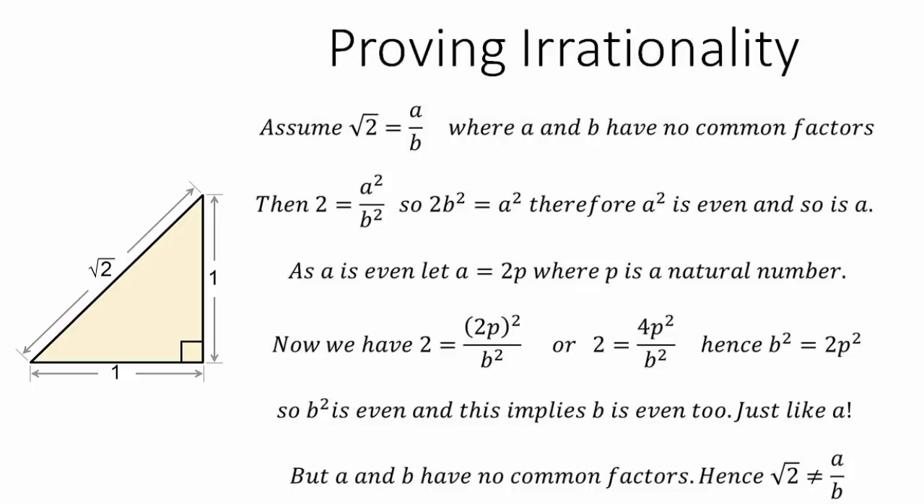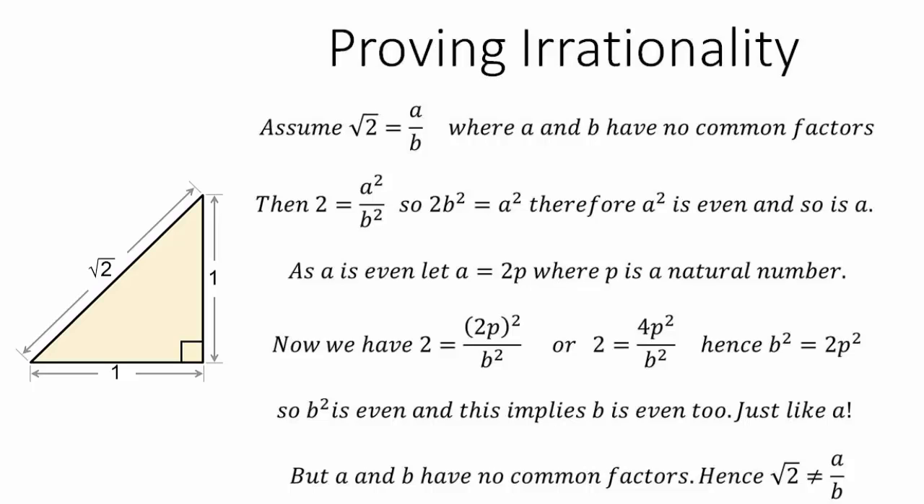squared equals 2p squared. Well, what have we shown here? We've shown that b squared is even as well, and this implies that b is even too, just like a was even. So if you really think about it now, we're saying that the top of the fraction, the numerator, and the bottom of the fraction, the denominator, must both be multiples of 2. But that goes against our original assumption that a and b have no common factors, and so we've been kind